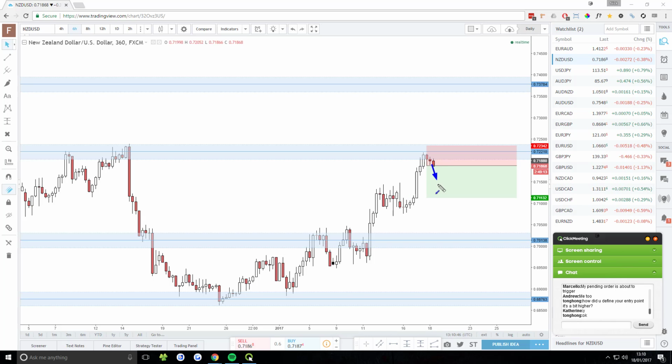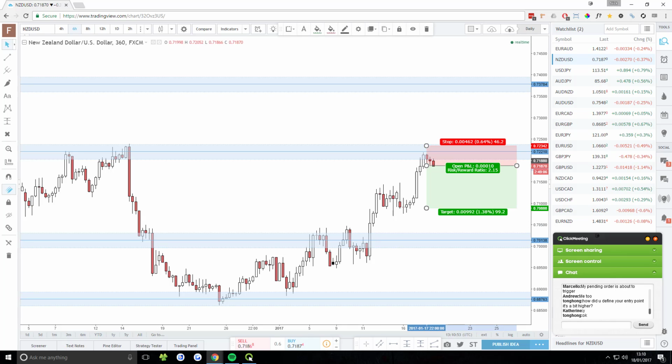I don't want to be short on this trade and have my target, let's say here, right? And then have to wait 60 hours or more as price does this, and then eventually goes down, or worse, as it does that and then turns around and goes back up. So this is what we refer to as minor support resistance, or just a problem area. And it's one of the tricks of trading price action.